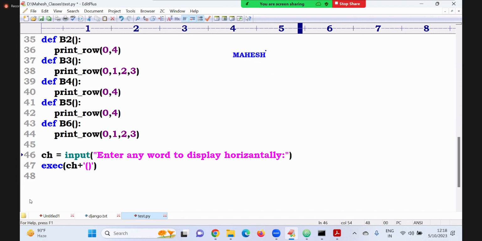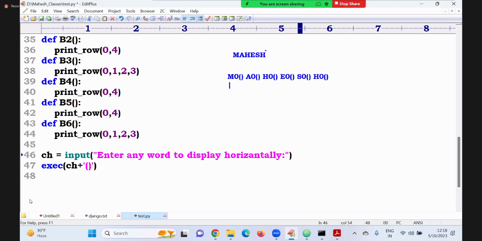If you want to display Mahesh, for the first row, which function can I call? M of 0 I can call. Space. Next to it A of 0. Then A of 0, how many rows will come? Next H of 0, next E of 0, S of 0, next H of 0 function. Then will the first row be printed or not? The first row of each letter is printed.